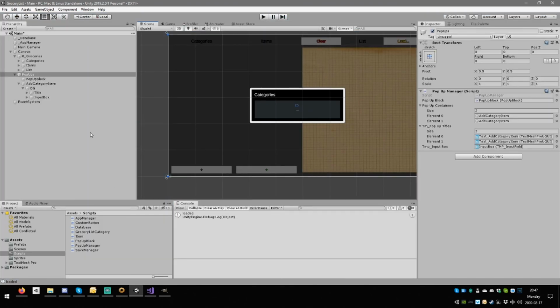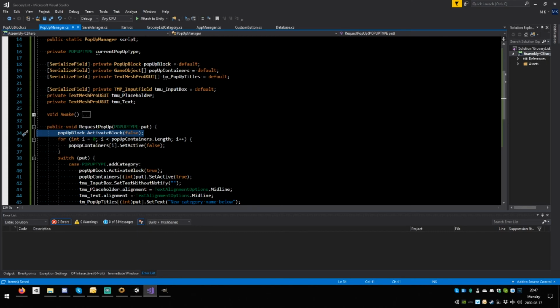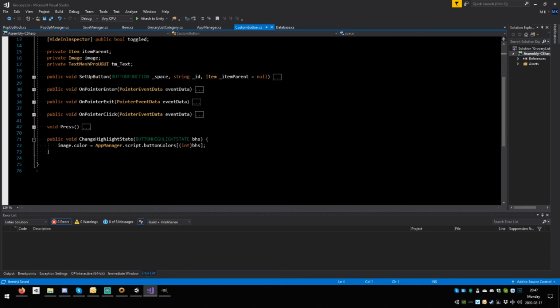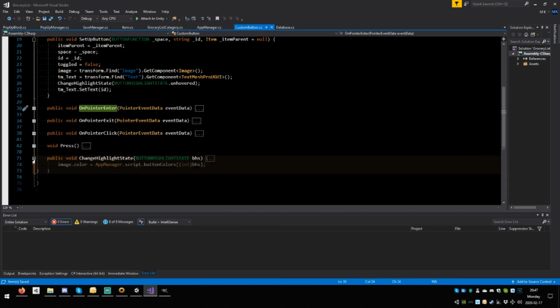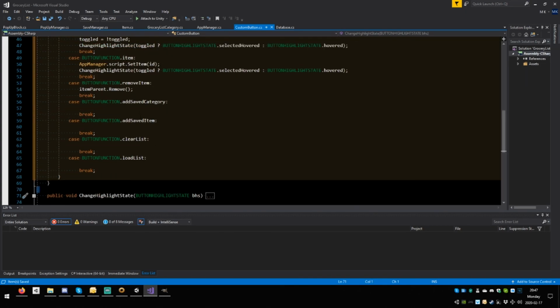Perfect. Okay, so now add new item and the other one need to have a press and something needs to happen. So custom button, setup button, and so on. On pointer enter. This will all work. Press. This is what interests us. Add saved category. You want to go to pop-up manager, script or a manager also. Dot script dot